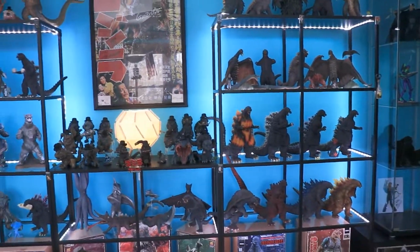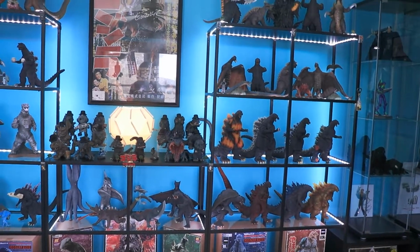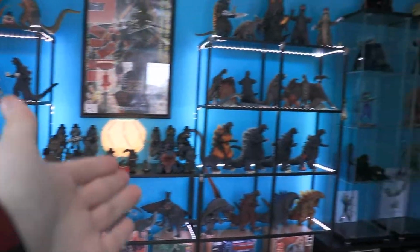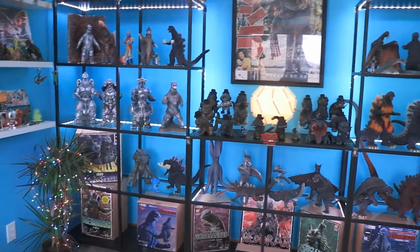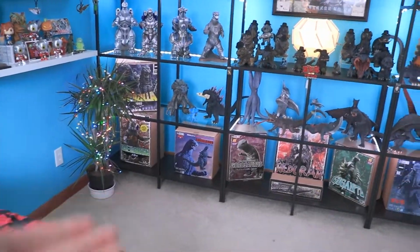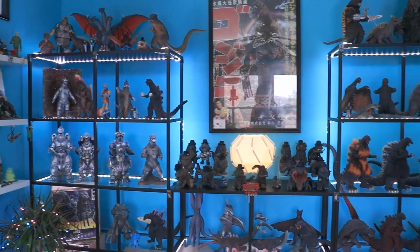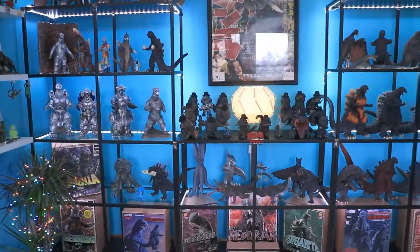I could do reviews, but I don't know. I'll probably do reviews for some of the newer figures that I get this year. I could go through all of these and do a review, but the thing is, I really narrowed my collection down to must-haves for me. So everything on here is going to be a 10. Who wants to see perfect figures in a review? Actually, probably a lot of you, because